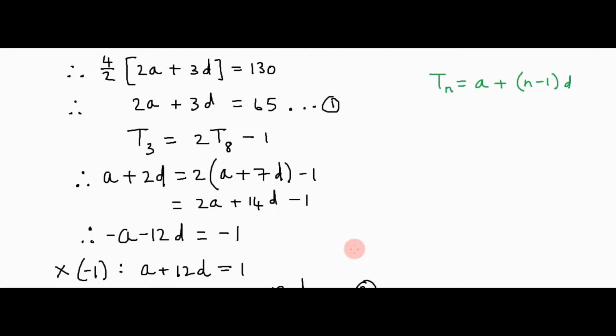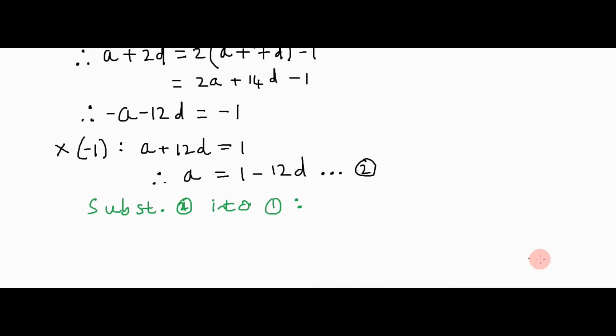Equation 1, of course, was 2a plus 3d is 65. So 2a plus 3d is 65. And in simplifying,